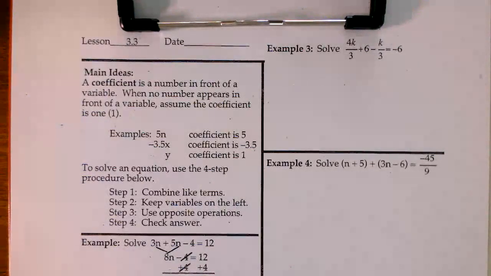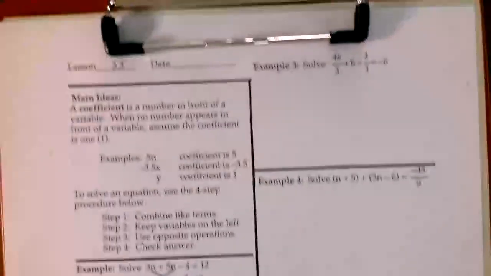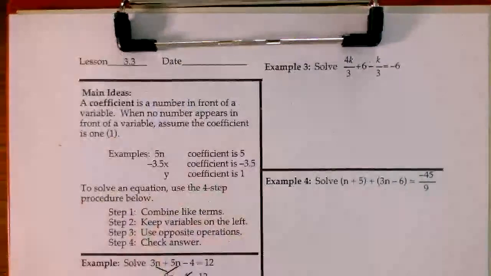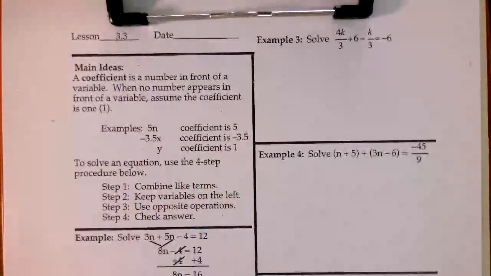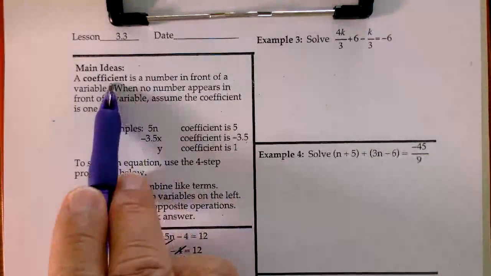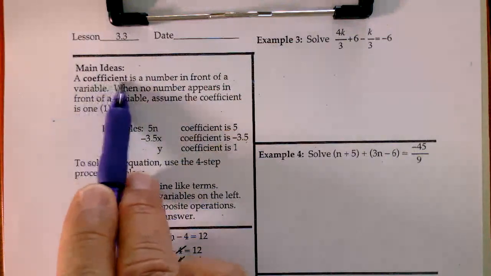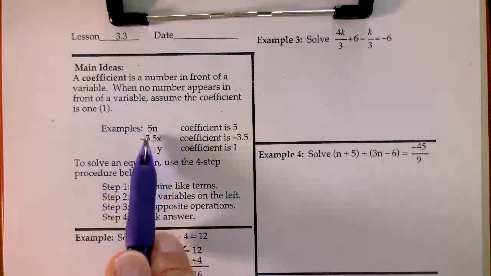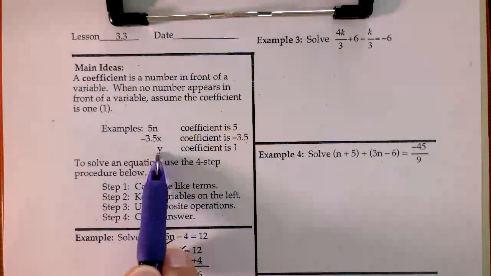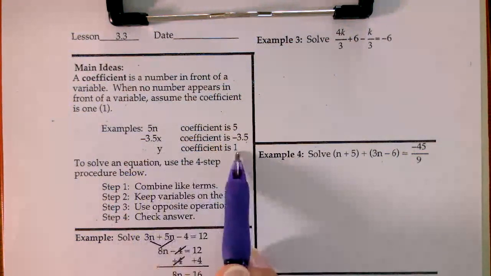Hello everyone, we are back to chapter 3 once again. We are going to be doing section 3.3 from your packet. The main idea here is the word coefficient. Coefficient means a number in front of a variable, and when nothing is there, like this one, we assume the